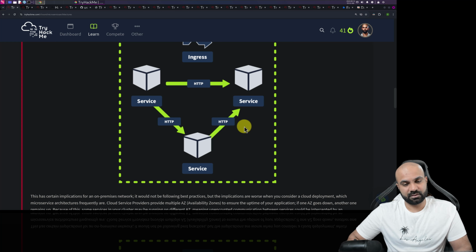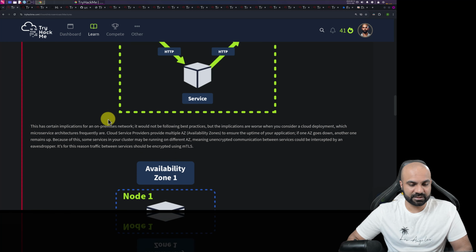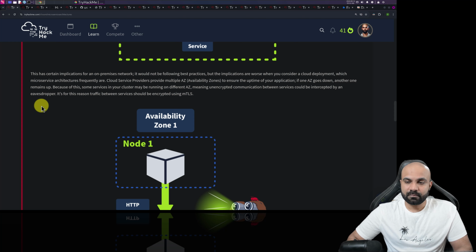Okay, so Kubernetes means it will be Docker or containers, and how we will protect the communication between the containers or the services itself. Okay, so this is the main concern. Let's see how we're gonna handle this. This has certain implications for an on-premises network. It would not be following best practices, but the implications are worse when you consider a cloud deployment,